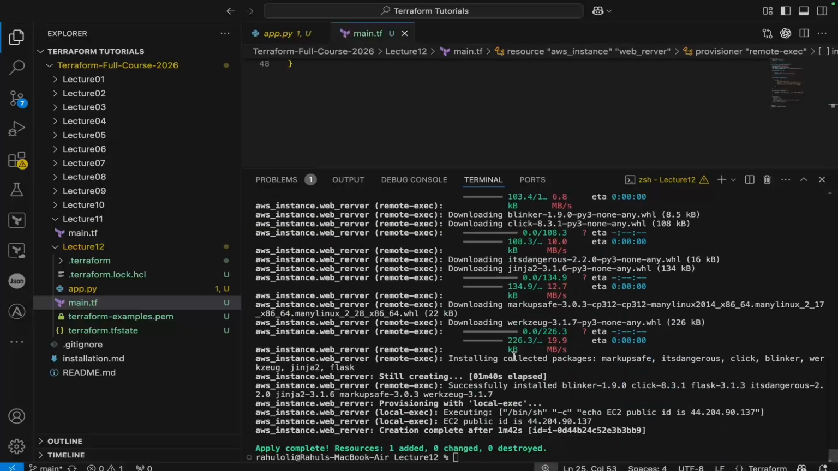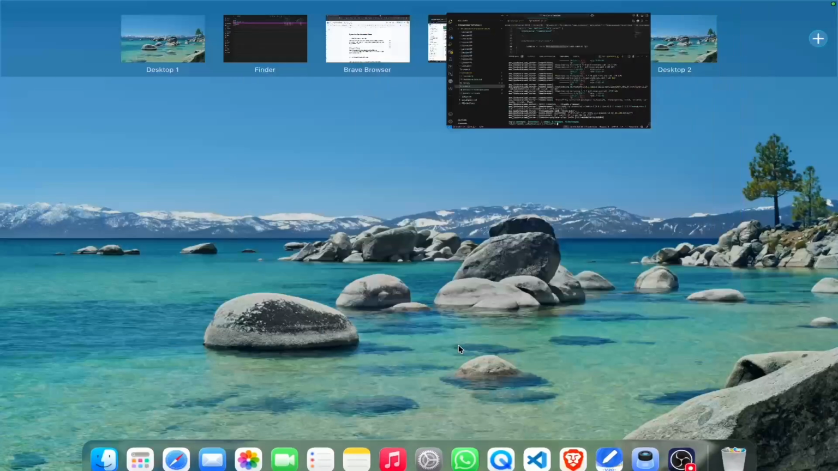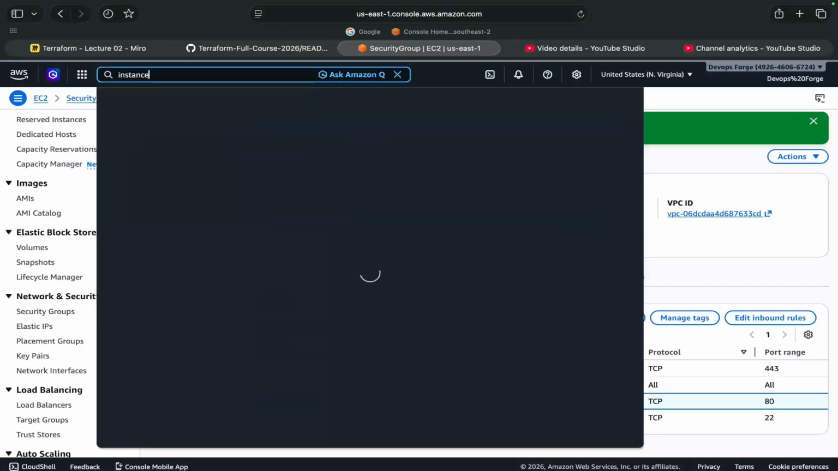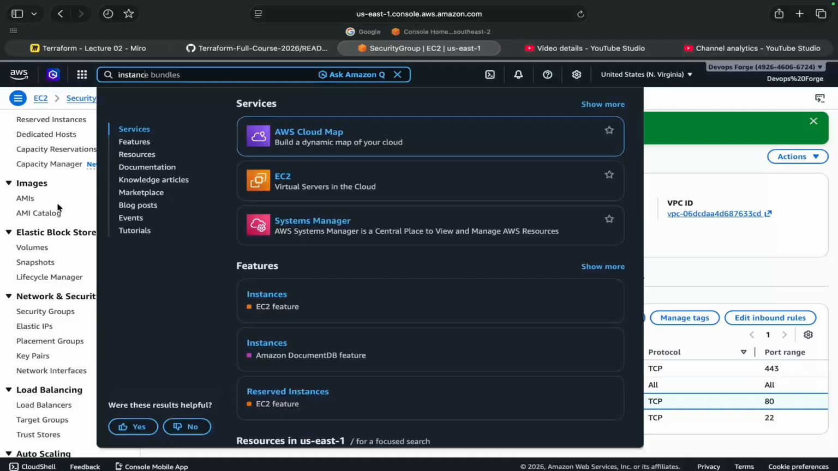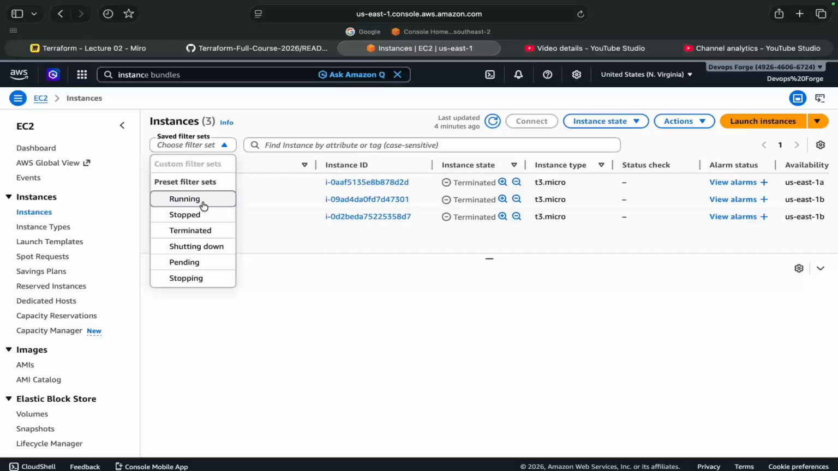Yeah, I think most of it is done, and local exec is also executed, and it says that the EC2 public IP is 44.204.90.137, right? We have used this command to print, echo EC2 public IP is, and you can see that clearly over here. Let's go to our console and match our IP, instance ID, okay? I will go to instances over here. I will set the state to running,